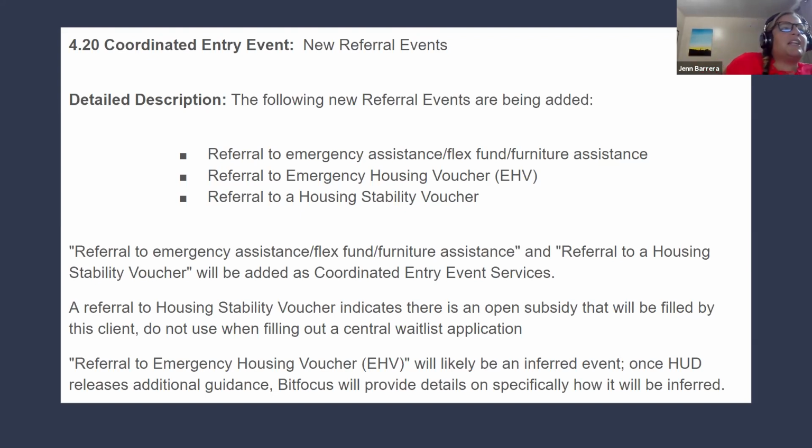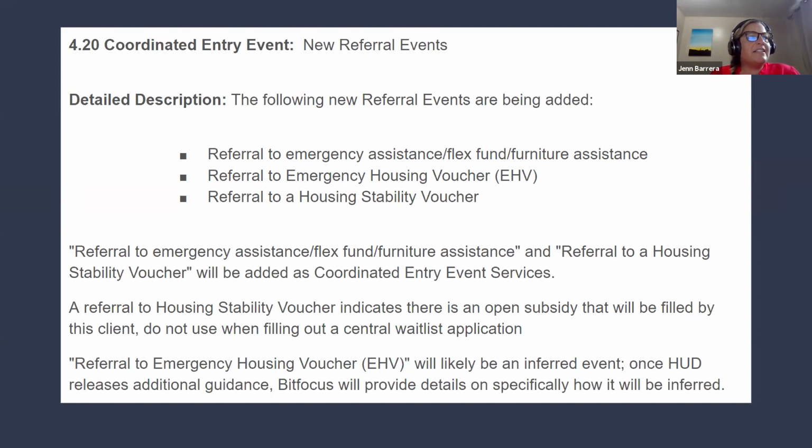So the list of existing events is growing. There are 3 new referral events that will be added to the coordinated entry project. The first is referral to emergency assistance / flex fund / furniture assistance.